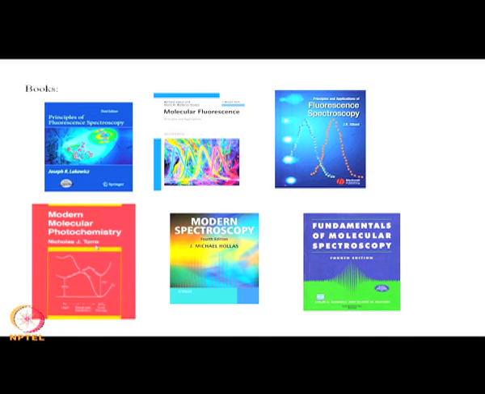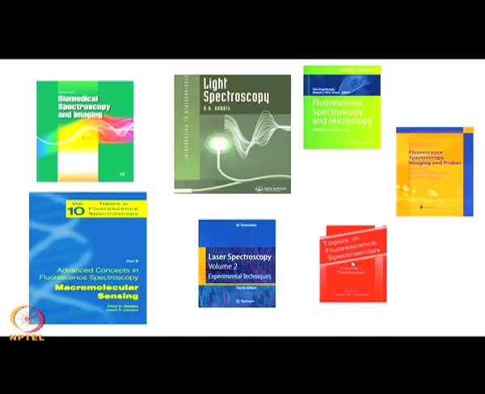Then, as far as photochemistry and photophysics are concerned, you can consult this book, and a modern version of this book is also available, by Turro, Ramamurthy and Scaiano. As far as basics of spectroscopy, you can consult Modern Spectroscopy by Hollas, also Fundamentals of Molecular Spectroscopy by Banwell and McCash. Regarding biomedical spectroscopy and imaging, you can go through this book, Light Spectroscopy, this book, Fluorescence Spectroscopy